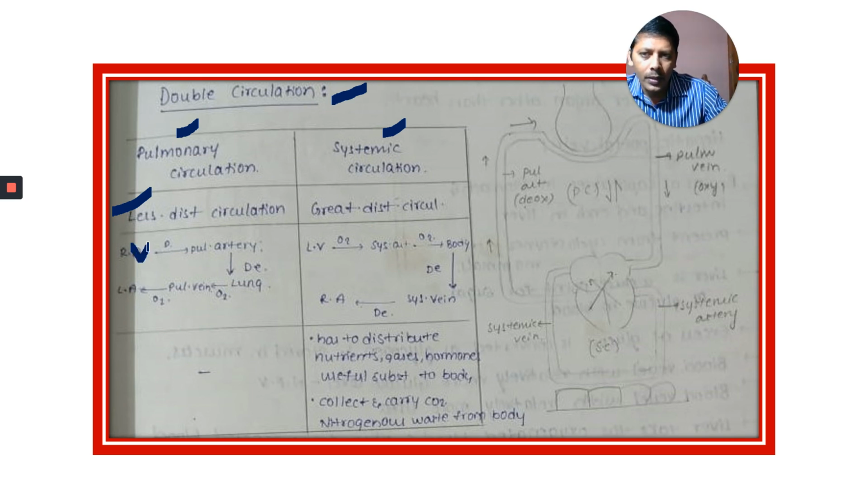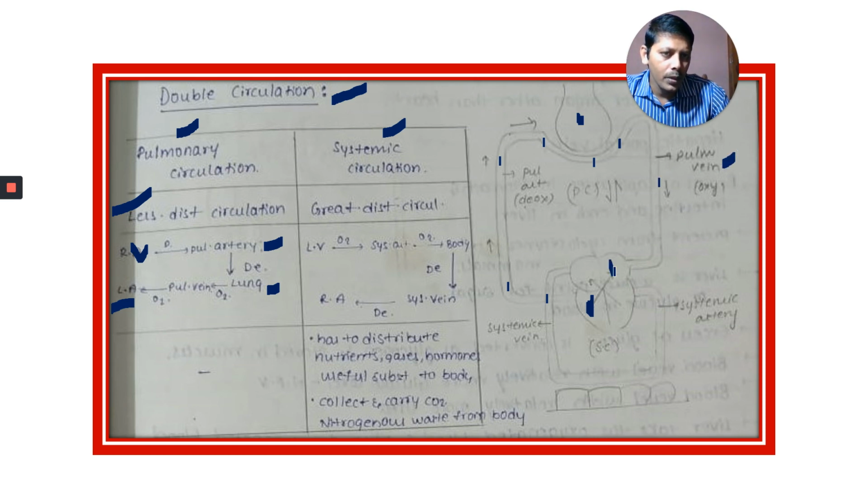It starts from the right ventricle. From the right ventricle, the blood is pumped into the pulmonary artery. Now the deoxygenated blood goes to the lungs, and through the pulmonary vein it reaches the left atrium. Look at this in the diagram. This is the left ventricle and the right ventricle. From the right ventricle the blood comes in this part and goes to the lungs here, and again it comes through the vein to the left atrium. This is called pulmonary circulation, PC. Here, this is the oxygenated blood.